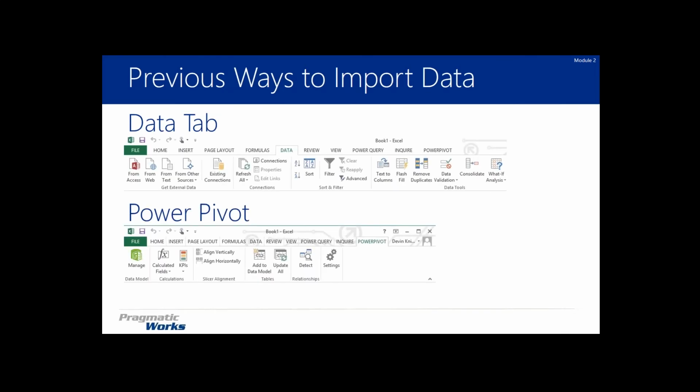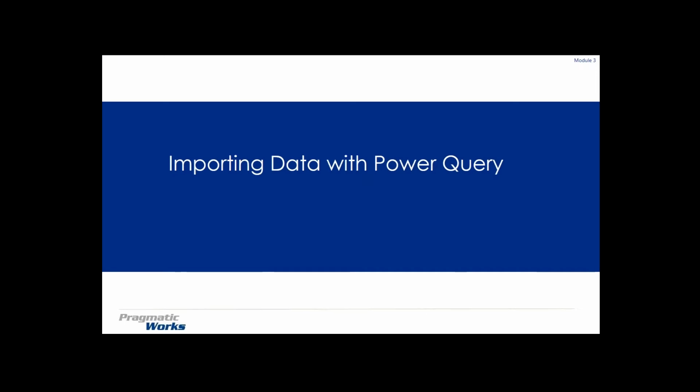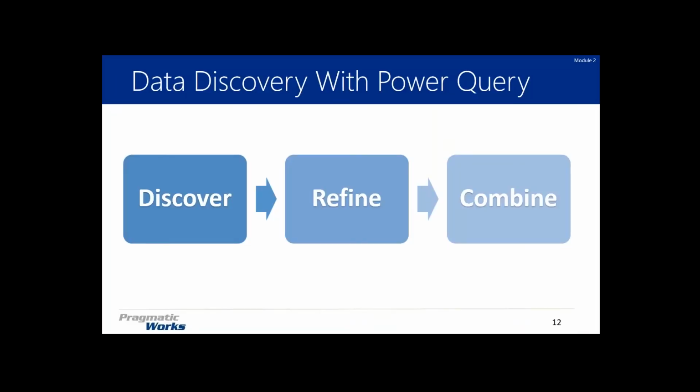And so ways that you're probably familiar with bringing in data. One of them is just going to that data tab. That's where you normally connect to your analysis services cubes and build your pivot tables and all that kind of stuff. And then if you ever use Power Pivot, you can go to the Power Pivot tab and do manage. Well, Power Query has its own tab inside of Excel that we're going to use in order to bring in data. So the next thing we'll take a look at here is importing the data. So ultimately, we need to do a little bit of work here. So we're going to go find data samples and bring it into our model. We're going to use Power Query to do that.